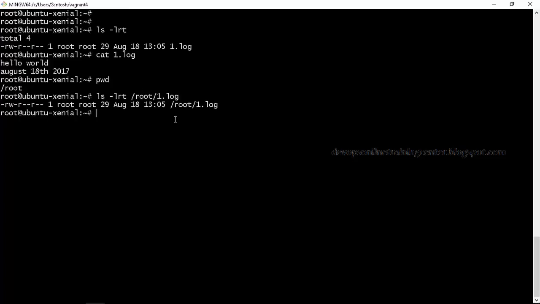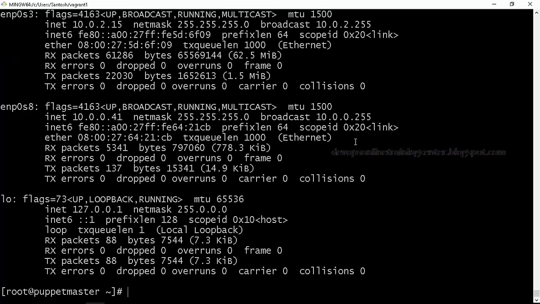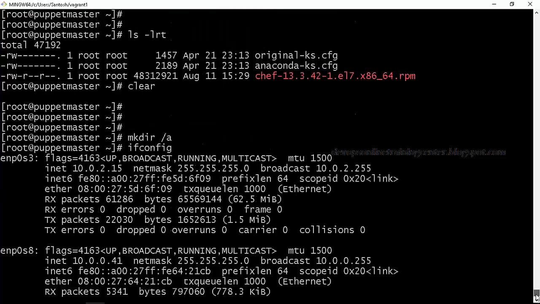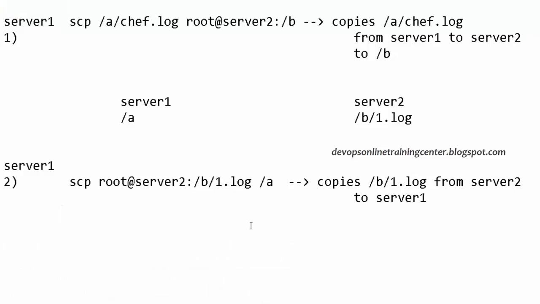So how do I transfer? I should have the host name or the IP address of the machine. This is the destination machine. This is the source machine. Now let me get the IP. To get the IP, the command is ifconfig. Okay, ifconfig is the command to get the IP of a machine.